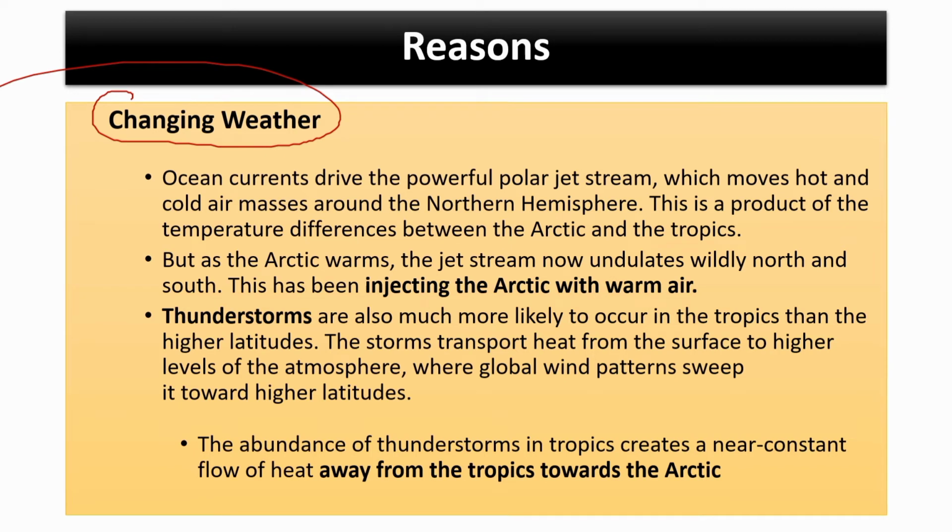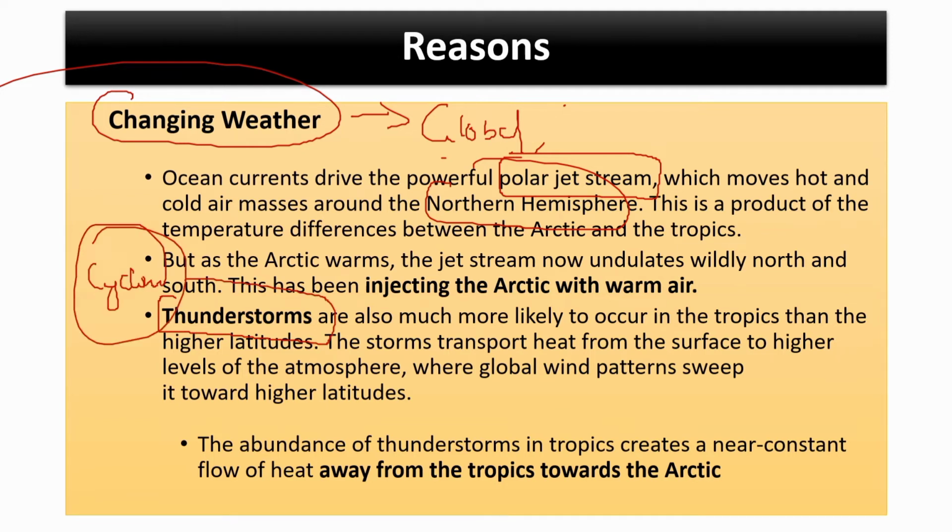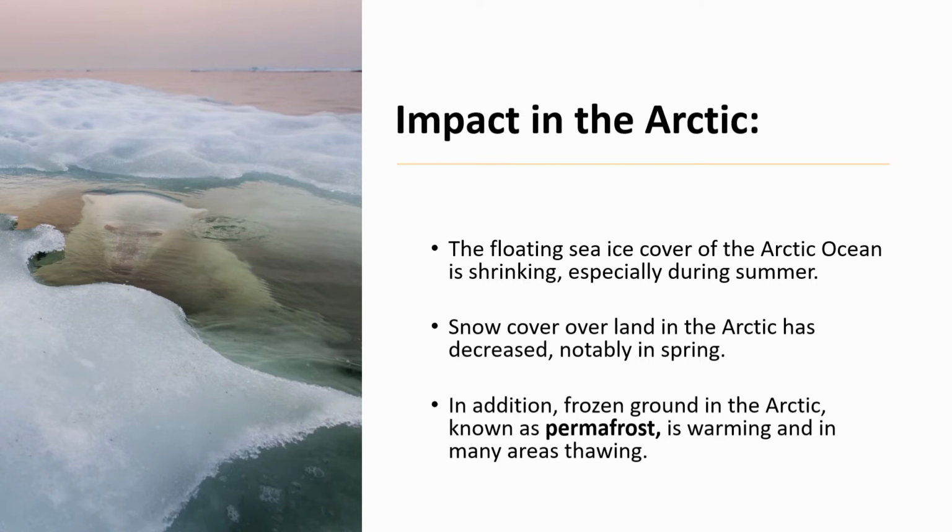Changing weather is also an important reason. You know that with the increase in phenomena like global warming and other human-induced reasons, there are changes in several meteorological aspects. For example, the polar jet stream and its frequencies are altered, especially in the northern hemisphere. So these changes can have an impact on the weather systems of our countryside also, especially if extreme weather events like thunderstorms and cyclones are occurring frequently. Then the region itself will have an impact due to this.